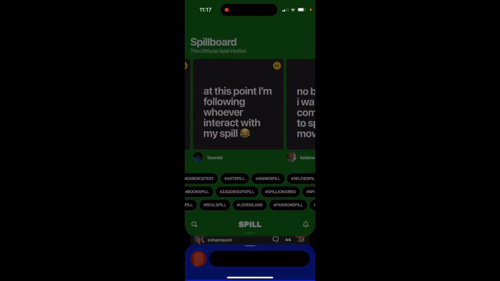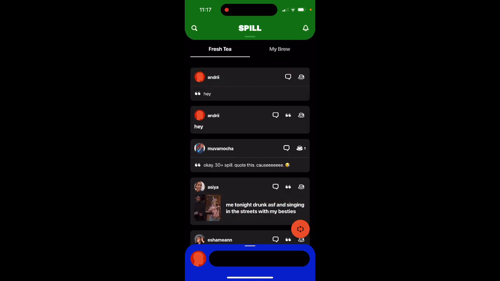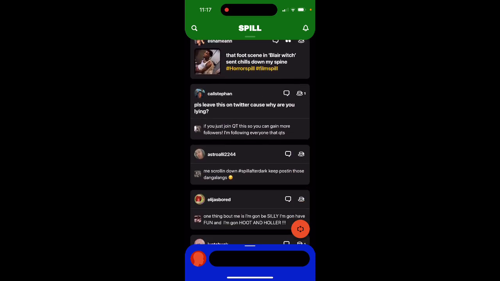So feel free to explore this app. I hope you will be able to get the invite code and then explore it. I'm not sure if this app is on Android yet, but it's available on iOS App Store. You can get it for free. However, yeah, you will need to have an invite code, and that's what it is.